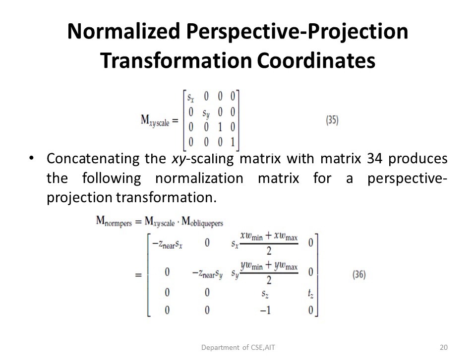So when we combine this, we are going to get a matrix where the Sx and the Sy play a major role, along with the Sz and the Tz. The xw min and xw max, that is the height and width of the window, also have to be considered when we go for the normalization. So the perspective is converted to the normalization on a scale on the x and the y direction. Here we can see the matrix 36. It is got by multiplying the xy scale along with the oblique perspective matrix.